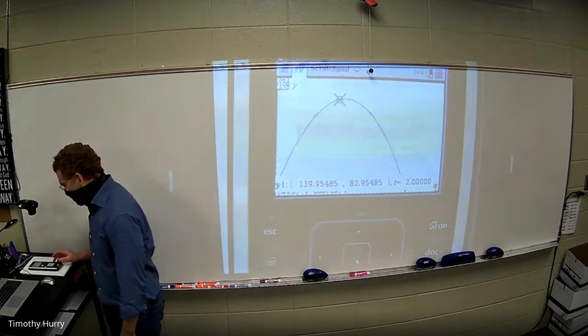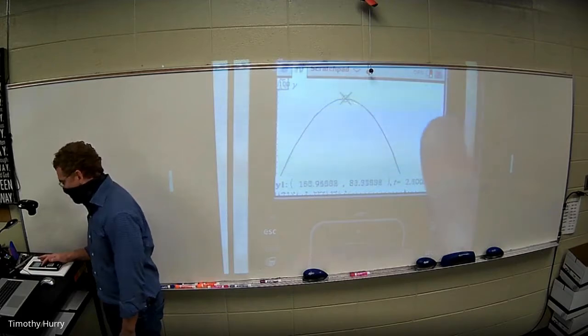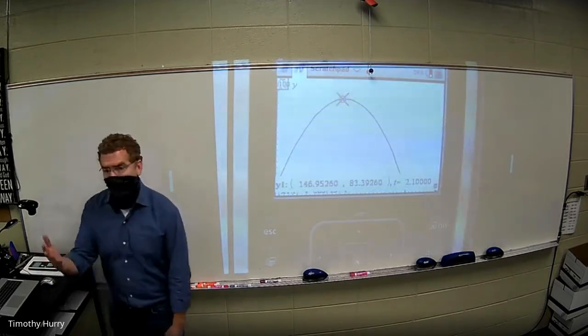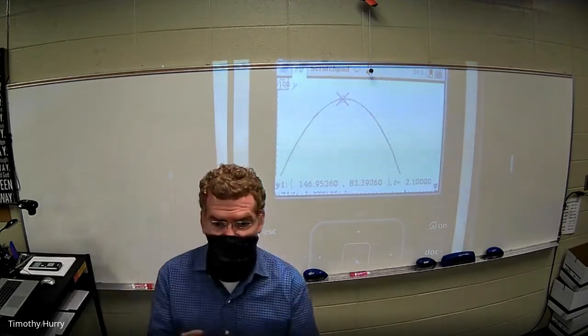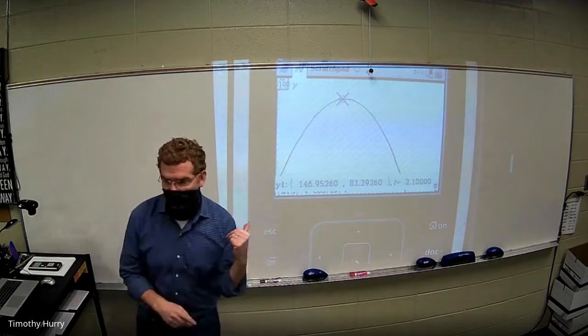If I change it to 0.1, then look, I can move a lot more quickly. And right now, I can get to the top. The only problem is I don't know how accurate I am because I'm only accurate to a tenth. I'm going to ask you to be accurate to the thousandths. So once I get close,